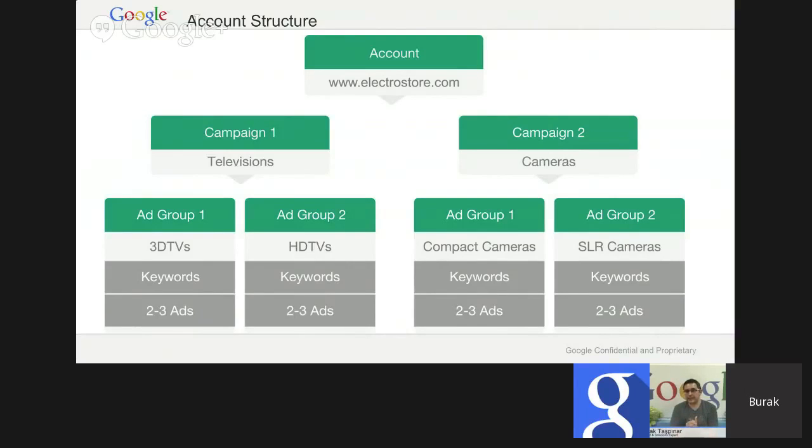And that will have a negative impact on SLR cameras, because SLR cameras is using the same budget. Because it is stopping at 2 p.m., SLR cameras will not be shown after 2 p.m. and you will not be getting additional conversions because of ad group 1, compact cameras. The best way to solve that is